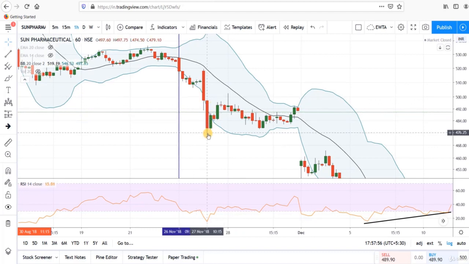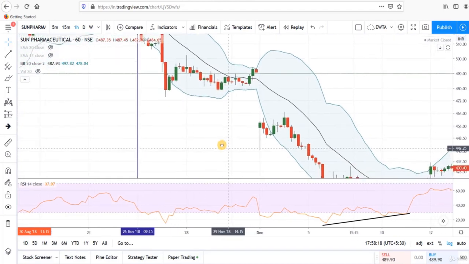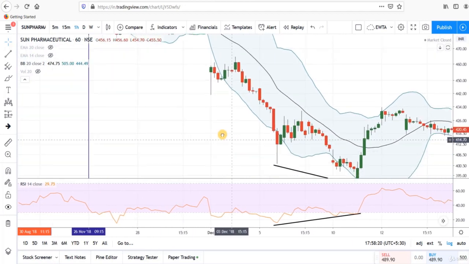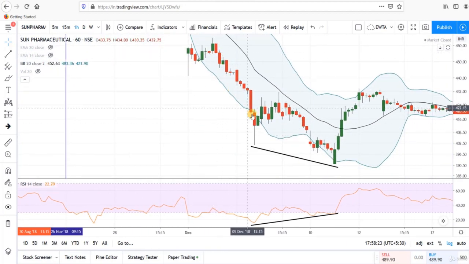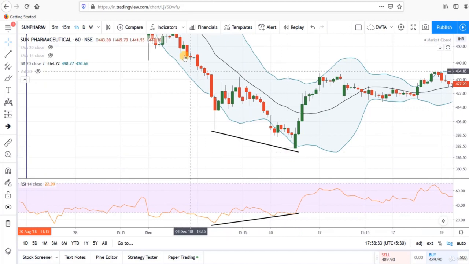But see this long candle, when the candle is closing outside the Bollinger Band, and this was a long candle, so it was a signal of pullback in the prices. After a pullback, there was a slight consolidation in the prices, but again prices are going in downward direction and prices are moving near the lower band. And when there was a divergence in RSI, so this was a signal of end of this down move. We can assume that prices will go in upward direction, or we can see a sideways movement in the prices.